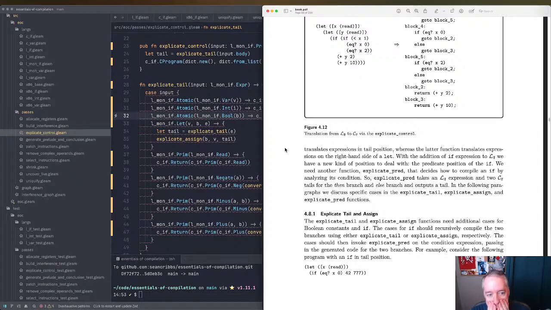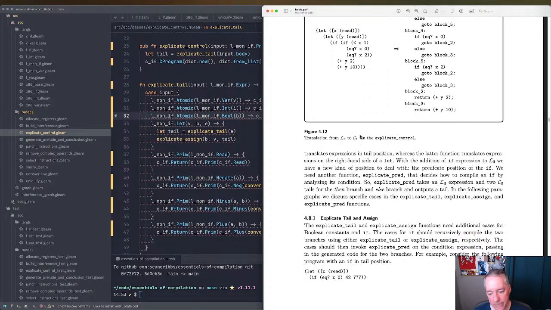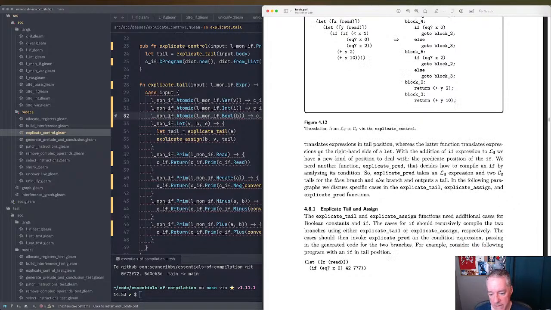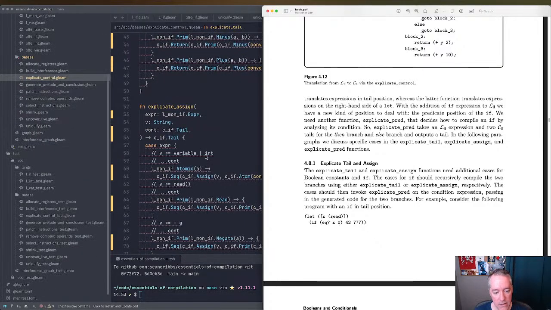So we're going to have to think about how to update these. Okay, so the explicate tail and explicate assign functions need additional cases for Boolean constants and if. The cases for if should recursively compile the two branches using either explicate tail or explicate assign. Obviously, in here,